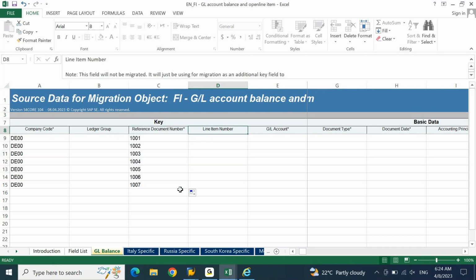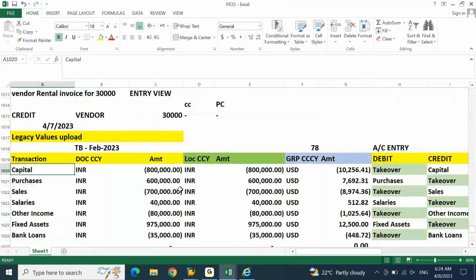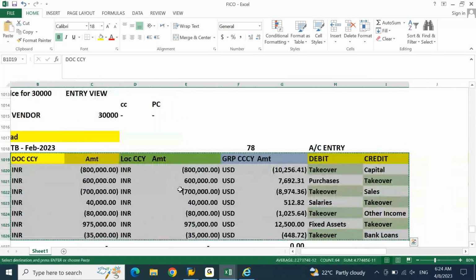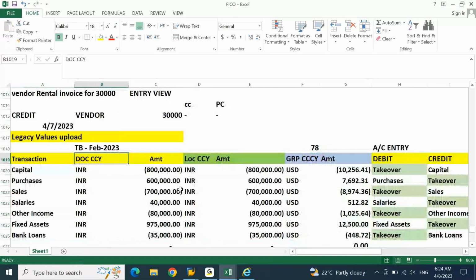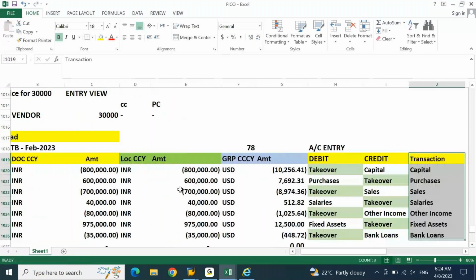Line item number is not mandatory. If you have several line items, you'll have to put same number and then line item. We do not have any line item. GL account. Capital, purchase, sales, for all this we need GL account number. So what I will do, I'll take this at the right side and I'll put